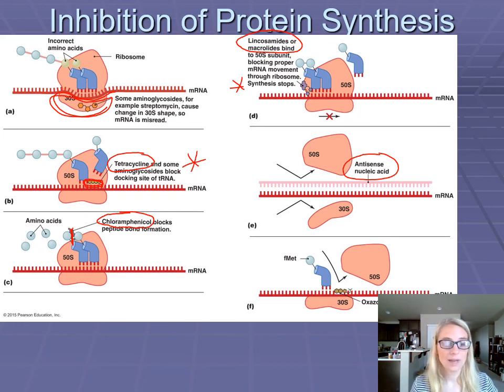All right, so that is our inhibition of protein synthesis. I think we do cell wall or cell membrane, oh yes, cytoplasmic membrane and metabolic pathway disruption in our next